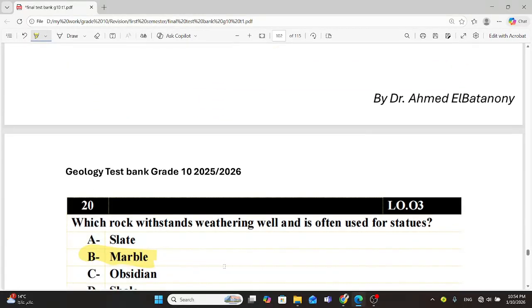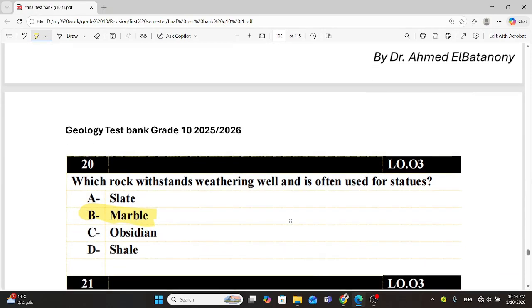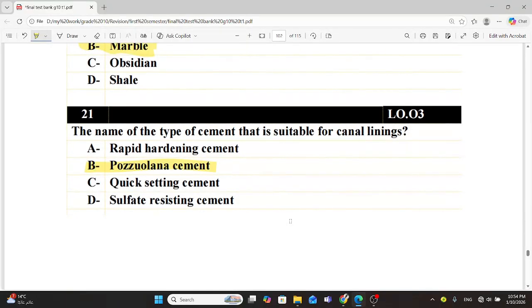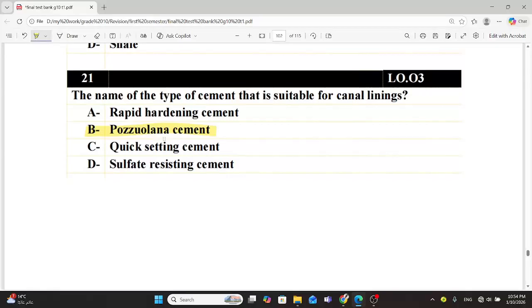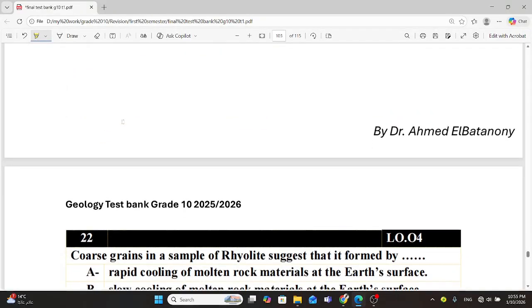طيب which rock withstands weathering well and is often used for statue marble. طيب the name of the type of cement that is suitable for canal lining: porcelain cement. طيب بعد كده